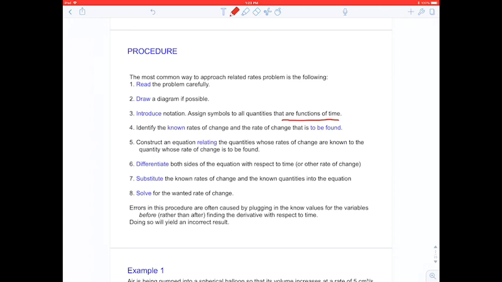Having a diagram and introducing a notation, let's say we will pick some quantities. We will pick x, possibly y, z, or a, b, c, and so on. That means this is really important. We have to always remember that each quantity is a function of time. If we will differentiate, because this is related rates, not only the quantities are important, the important thing is how the quantities are changing with respect to time,